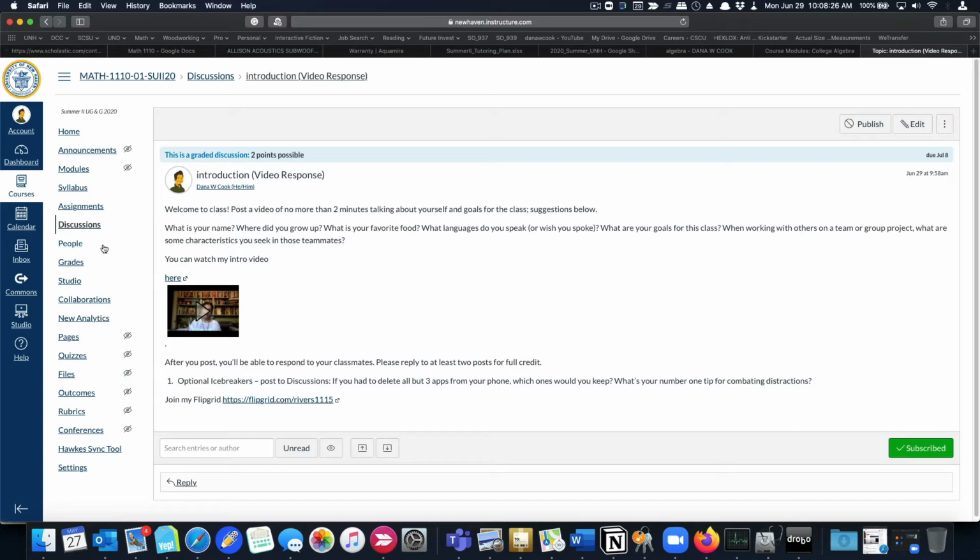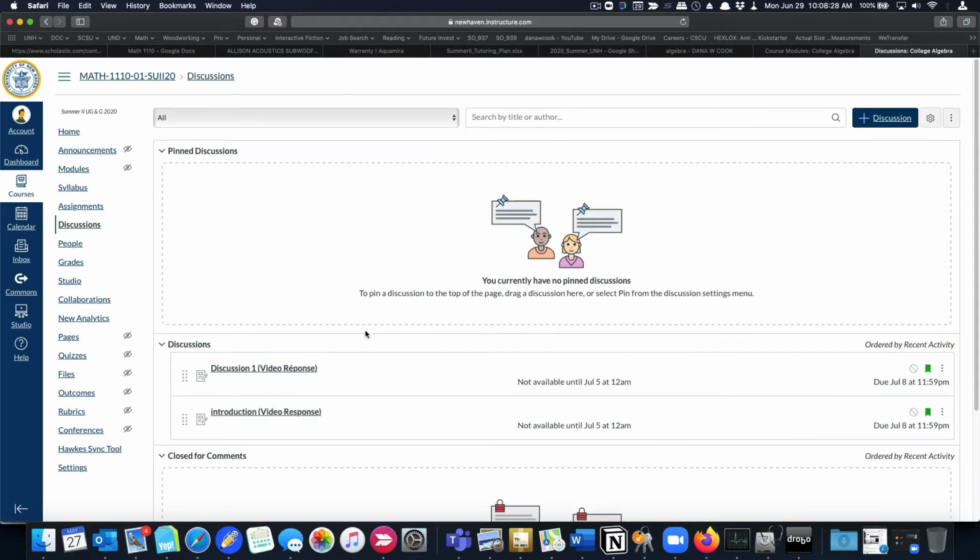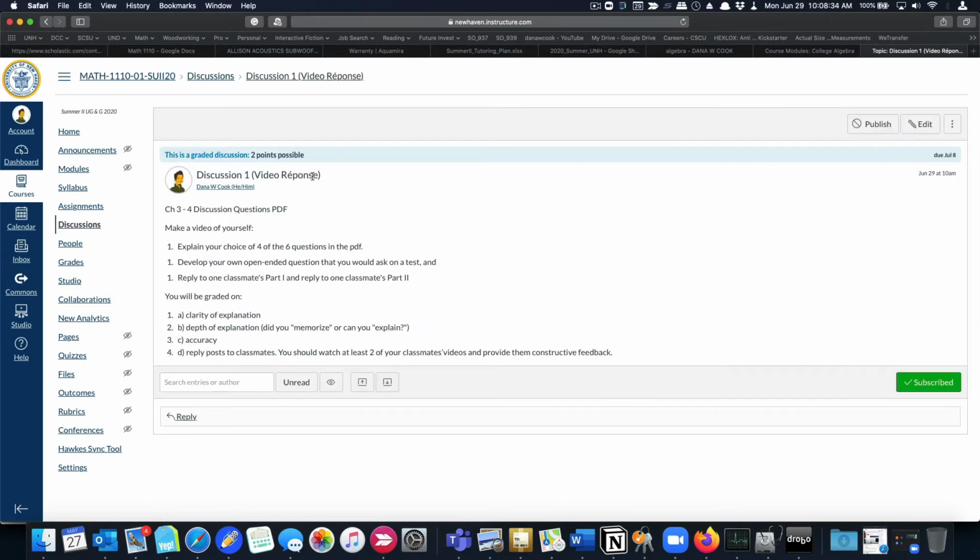I'll show you the other one in the discussion so you can see. There's something I don't understand: why does it spell response like it's a response? Chapter 3 board discussions, explain your choice of 4 or 6 questions in the PDF. I assume that's the 4 or 6 questions from above, or is this the whole open questions stuff?